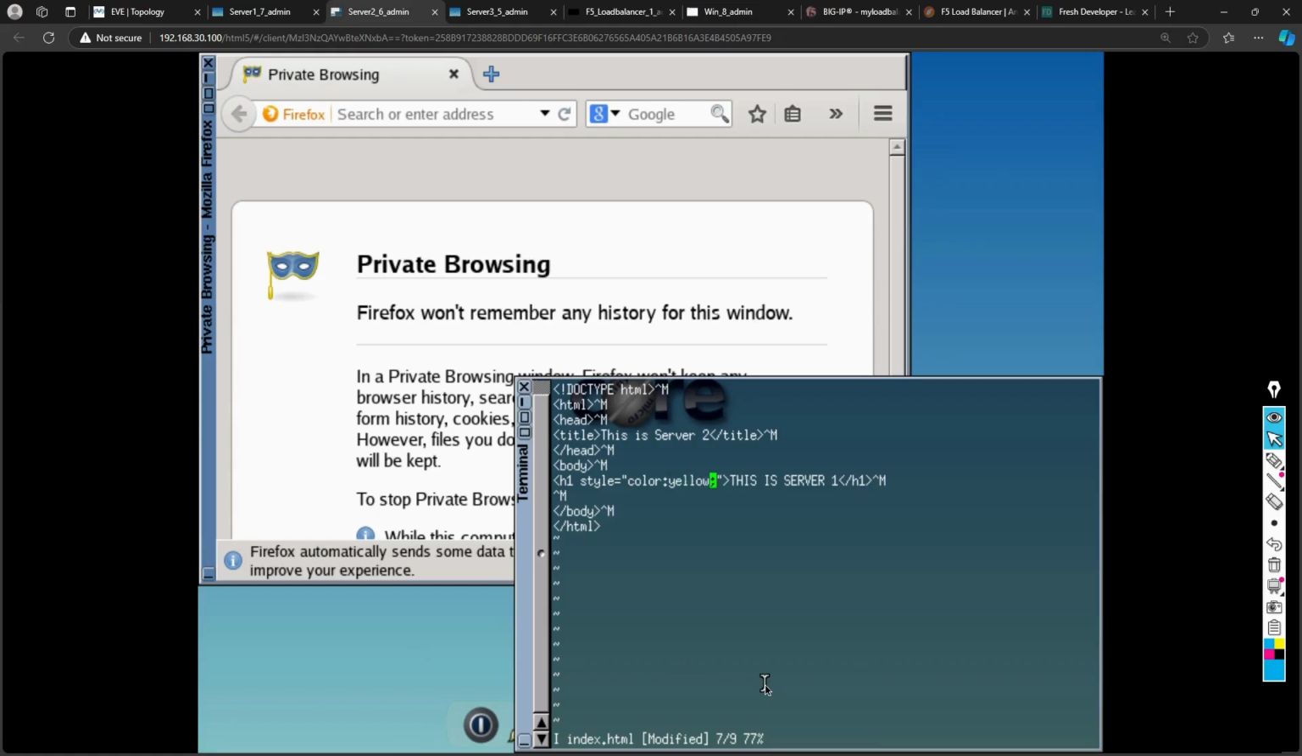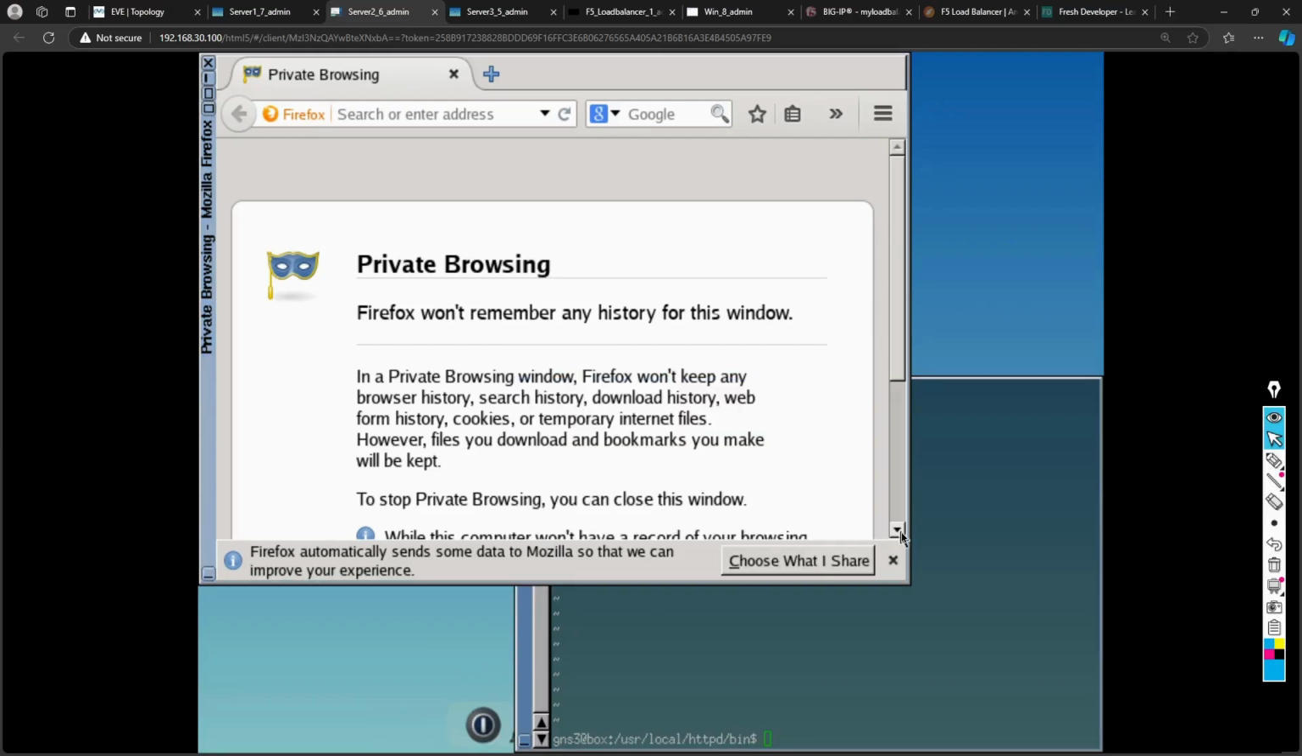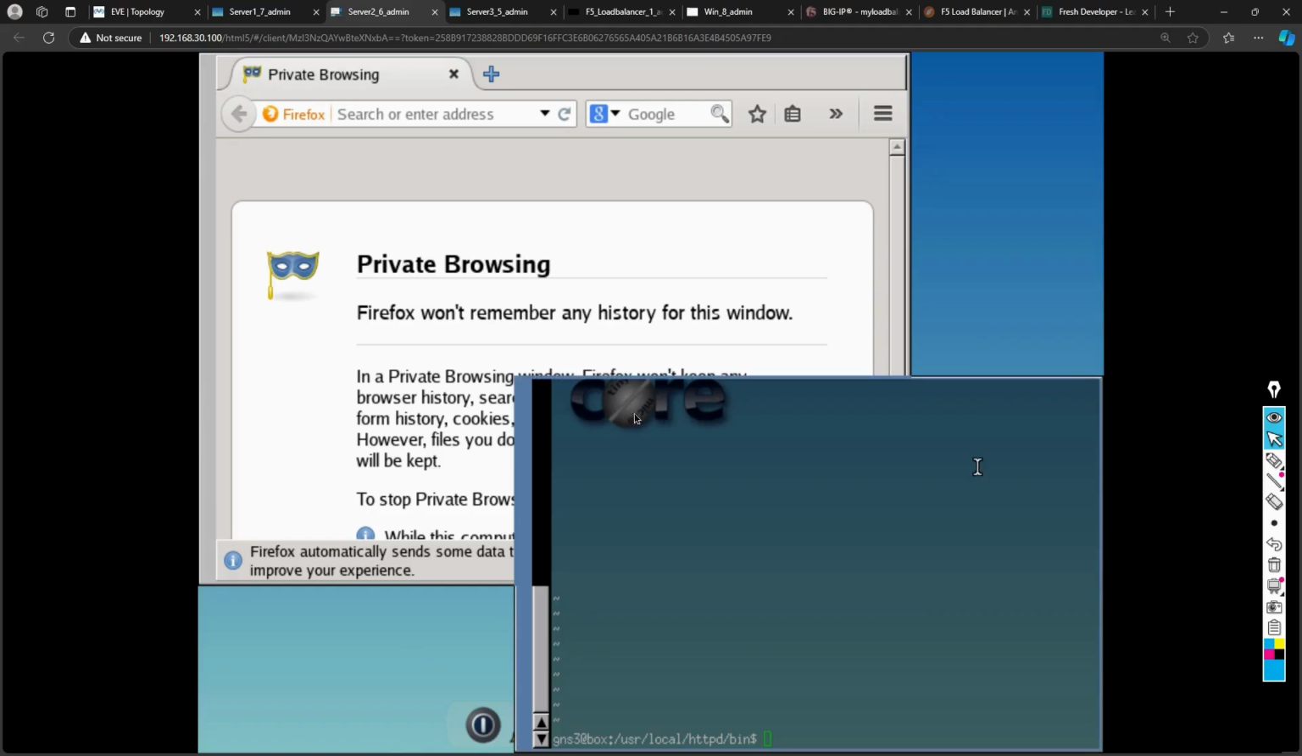And this time I will write and quit. So whenever I write WQ, it means W for write and Q for quit, and hit enter. So now my file has been saved. Okay. Now I will change the IP address on this machine. So I will just quickly close this,